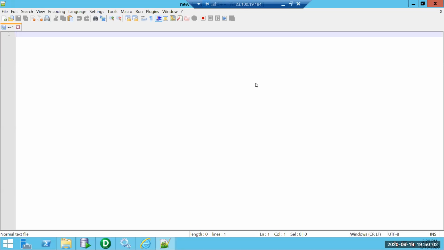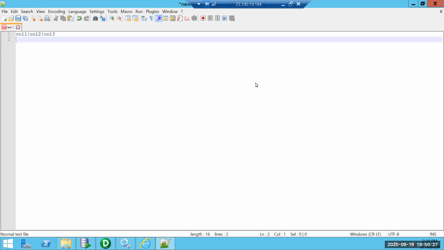The major difference between delimited and fixed width flat files is that delimited has a separator. It could be a pipe, a comma, or a tilde. For example, let's suppose I have column 1, column 2, column 3 separated by pipe, and this is my header, the first row.